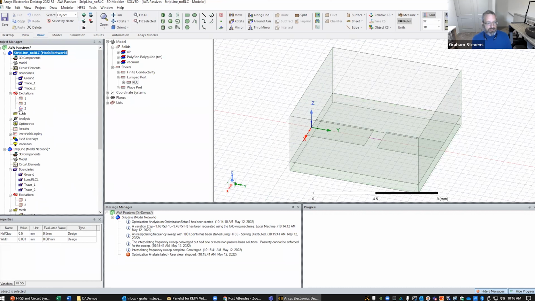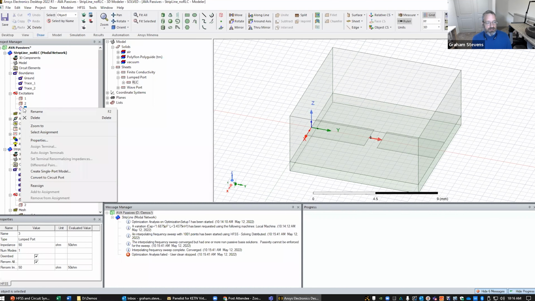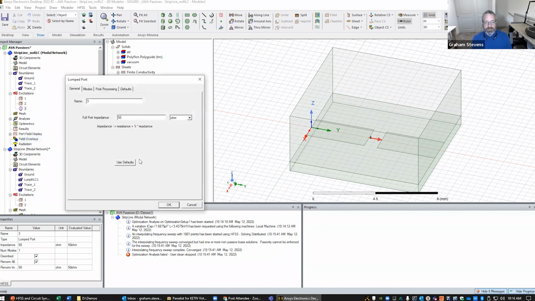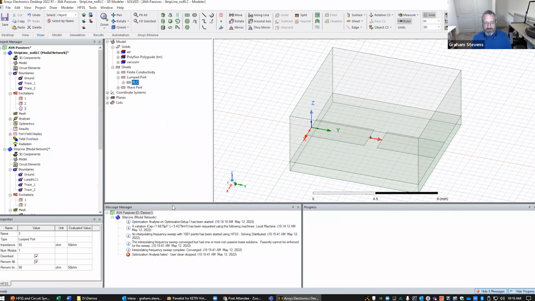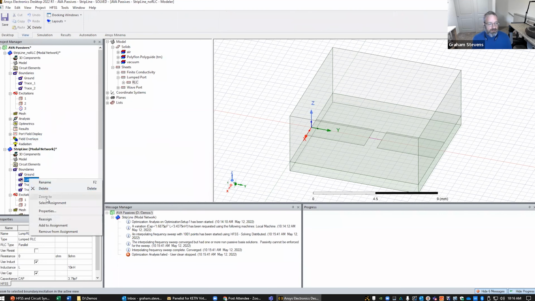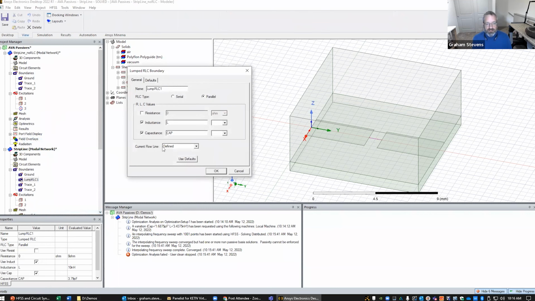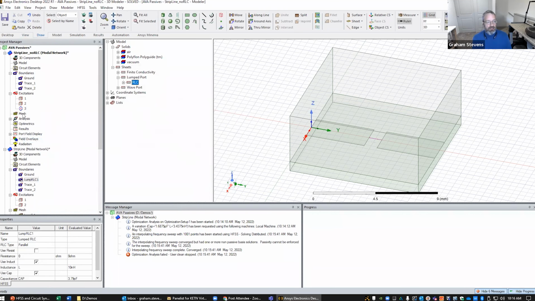Instead, I've replaced it with a lumped port here, again a 50 ohm lumped port. The integration line is the same as the RLC. The RLC has a current flow line as well, and I simply replaced that RLC boundary with this lumped port,